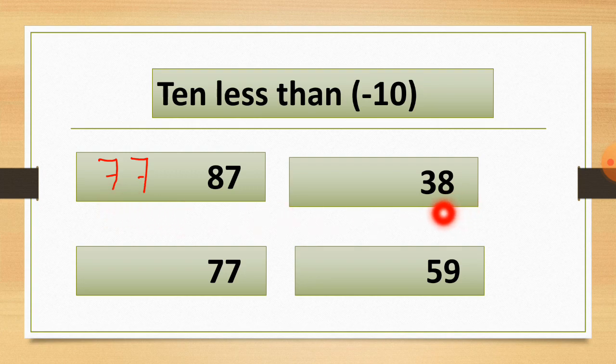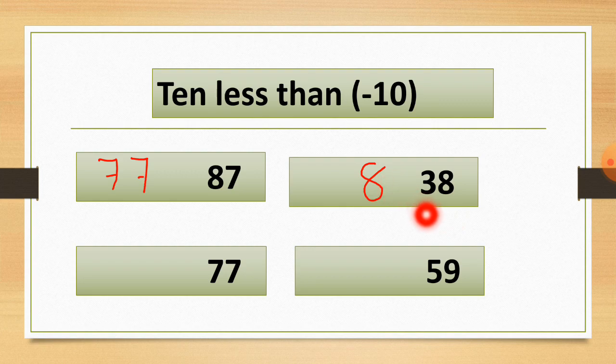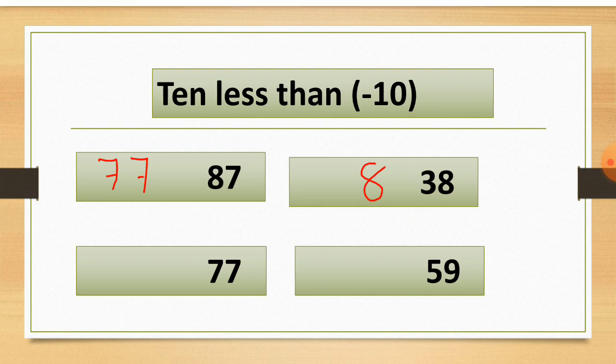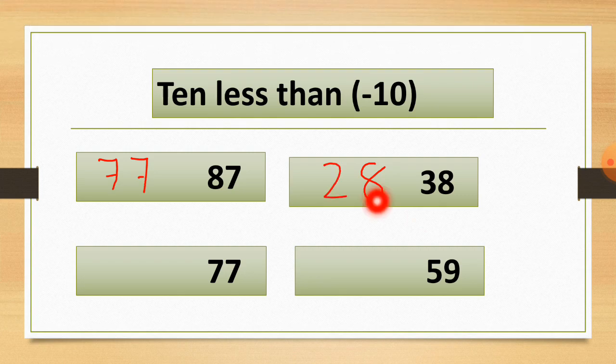Now here we are taking this 38. I write the ones value as it is. Here I write the number 8 as it is. Now here is number 3 at the tens place, so I cut one from 3. So I get the right answer. 3 minus 1 is equal to 2. So here is my answer, which is 28. So 38 minus 10 is equal to 28. Here is our answer 28, and you can see how easy it is.